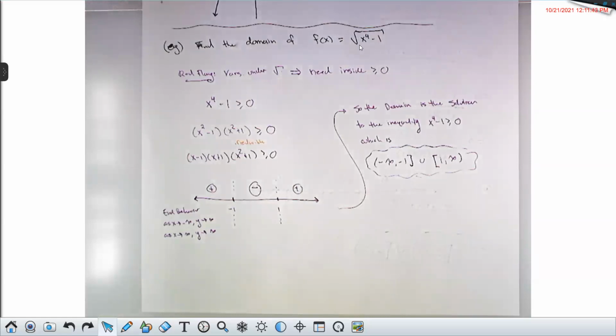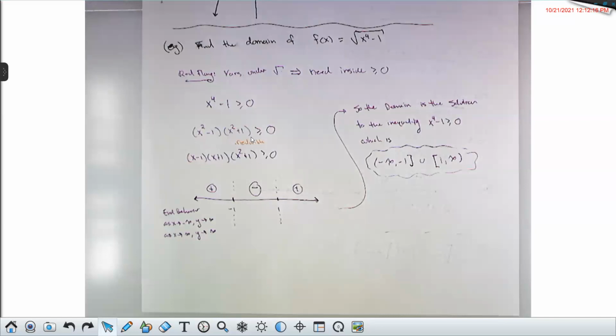Why is there only 3 points and not 4? Because the x squared minus 1, you turned it into x minus 1 times x plus 1, and then you kept the x squared plus 1 as it is, if you know what I'm saying, sorry. Yeah, I do. So this guy doesn't have any real roots, right? He's irreducible. The roots from this piece are i and negative i, and neither of those are real numbers.